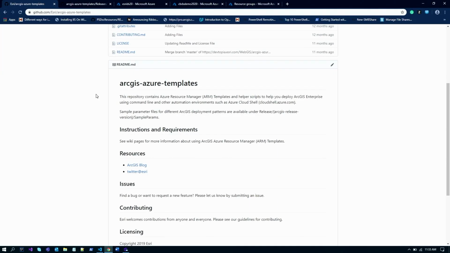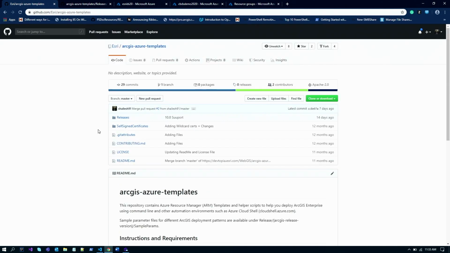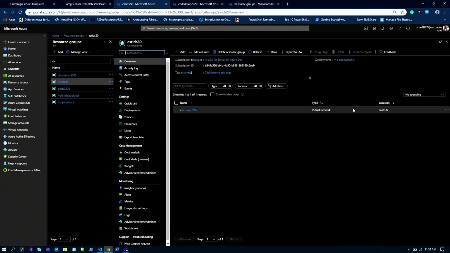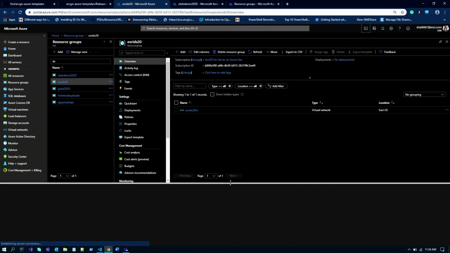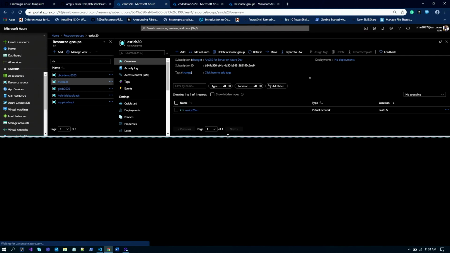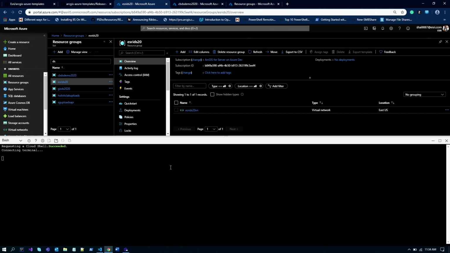Coming back to the demo for ArcGIS Azure templates that we introduced at 10.7, which is used to power Azure Cloud Builder, ArcGIS Cloud Builder 10.8. I would like to use the Azure Cloud Shell experience with the Bash experience to do my demo. As part of this demo, I will first create